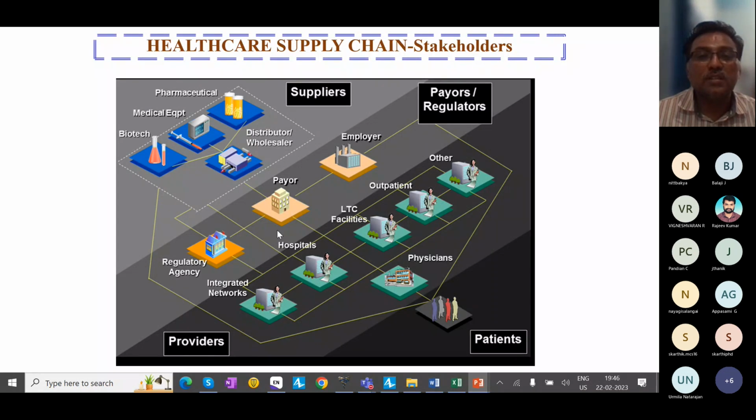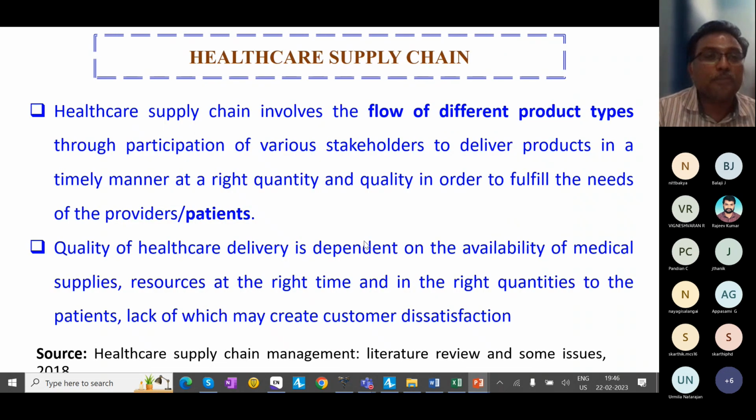Service providers include hospitals and long-term care. In a hospital, you have the emergency department, outpatient, and inpatient. Long-term care is connected with inpatients, and then the insurers, and then finally the patients. So these are the stakeholders. Different researchers use different conventions. Some people call them suppliers, and here in this figure all manufacturers and distributors are treated as suppliers, but different authors quote it in a different way.